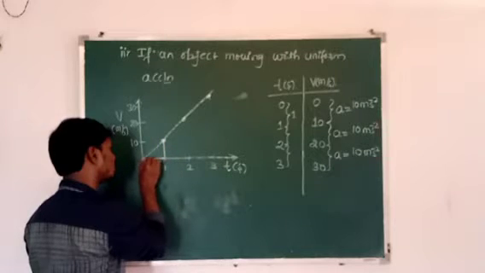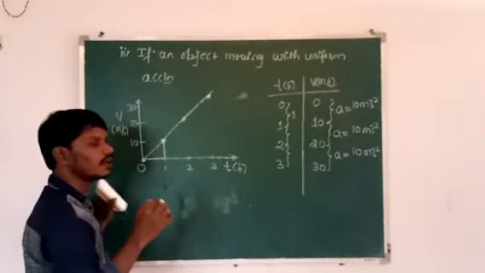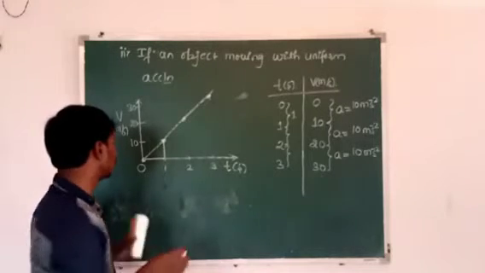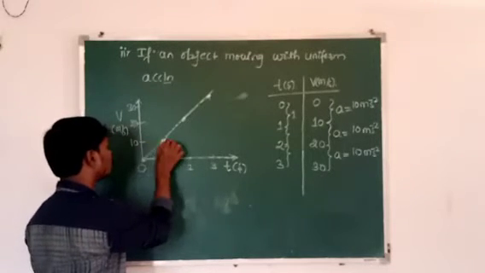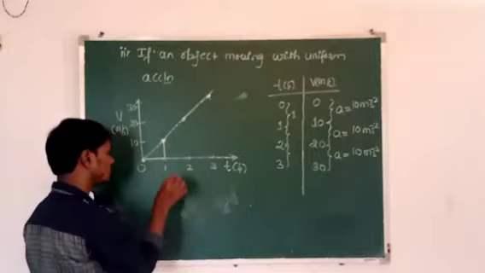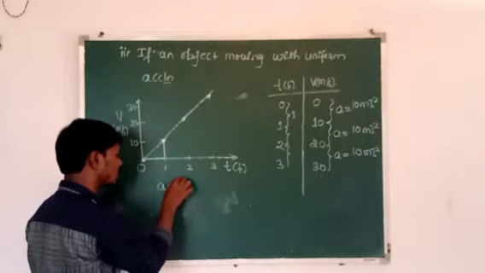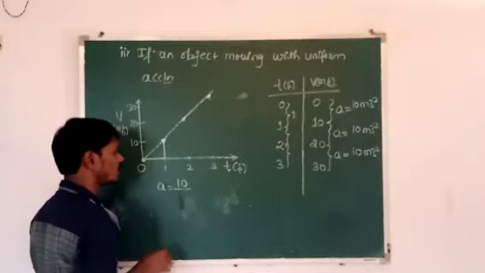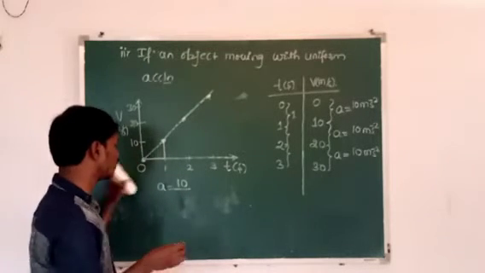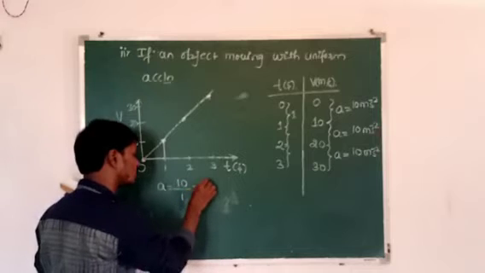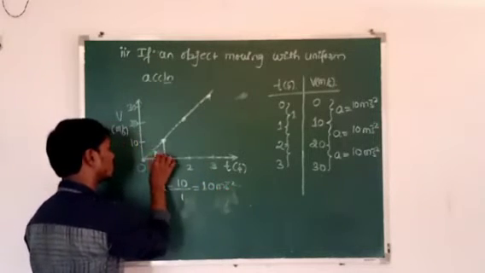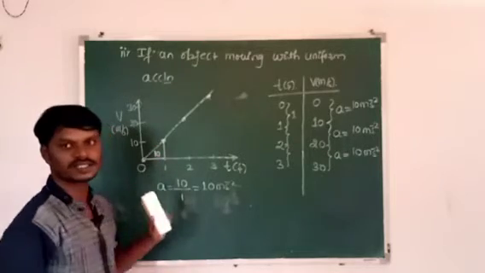It is called slope. What do we mean by slope? Opposite side divided by adjacent side, that is nothing but tan. Now the opposite side is 10 minus 0, that is 10. Then acceleration is 10 divided by the time interval, 0 to 1, which is 1. Then the acceleration is 10 meter per second square. So the acceleration of the object is 10 meter per second square.